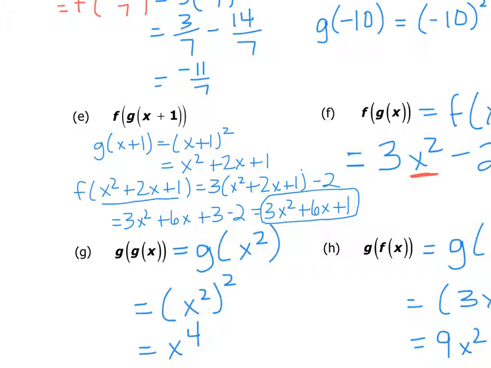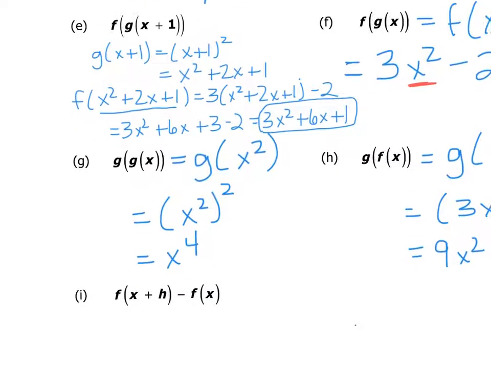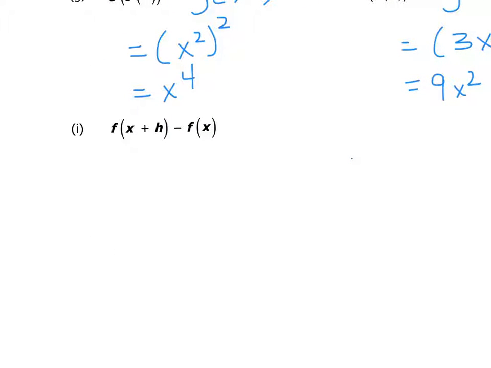And I think let's go ahead and go down below here to the very last problem. And we're going to use our f function, and we're going to do some interesting things with it here. So first of all, we have an f of x plus h and an f of x, and we are subtracting them. All we're going to do is whatever is in here goes in the f function. So when we do that, we have 3 times x plus h minus 2